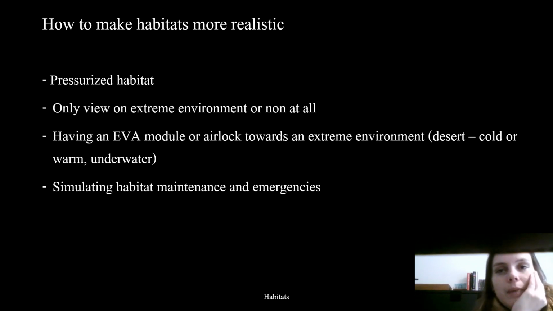Now, how can we make those habitats more realistic? So I mentioned, obviously, we have limitations of budget in our space missions. One budget thing and danger thing that actually limits it is, for example, having a pressurized habitat. We didn't mention for underwater, obviously, you need to have a controlled airlock. But for most habitats, you could technically just open the door. It makes it way easier in case it's an emergency, and also means you don't need any pumps or